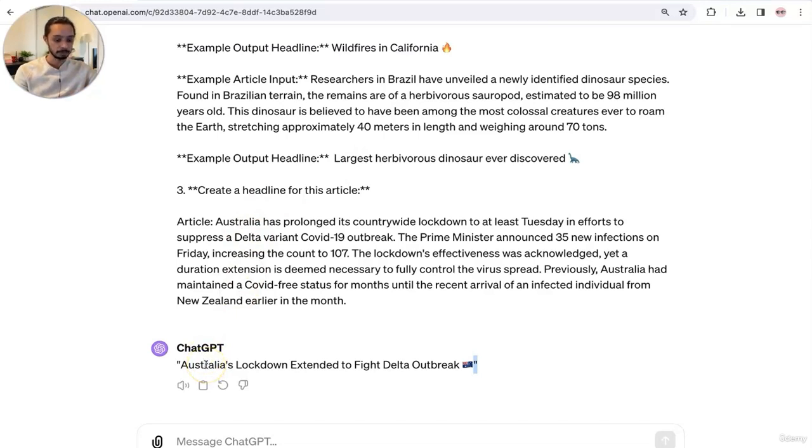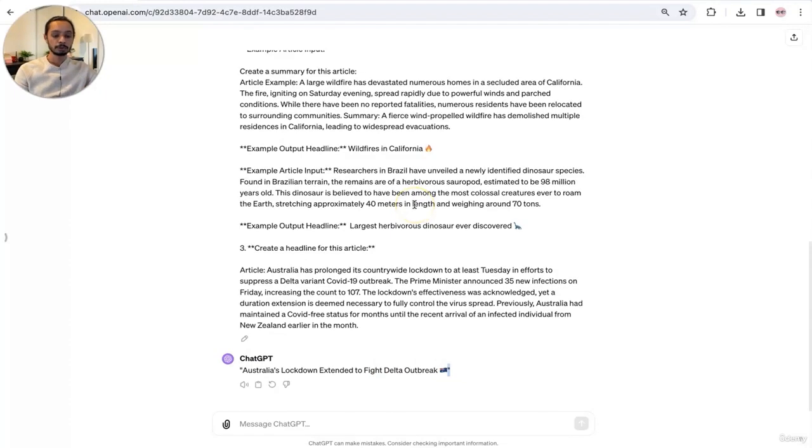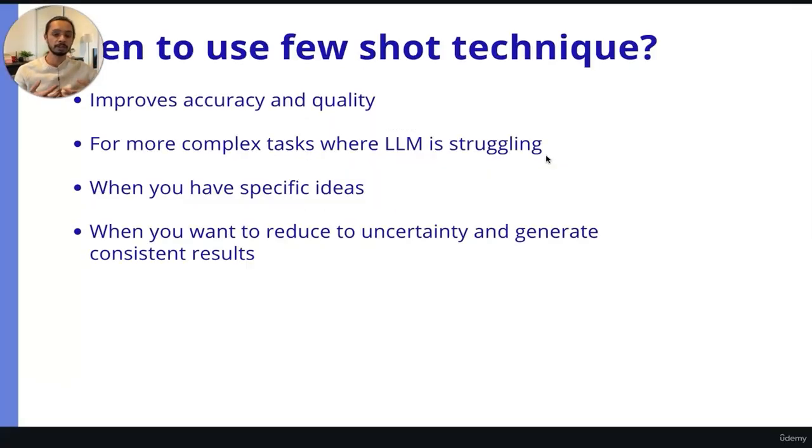And from the previous examples, Australia's lockdown extended to fight Delta outbreak. So in this way, by providing a few examples, I was able to tweak the output in the direction that I wanted the model to go into. So one of the questions that I regularly get from my students is when to use zero-shot prompting and when